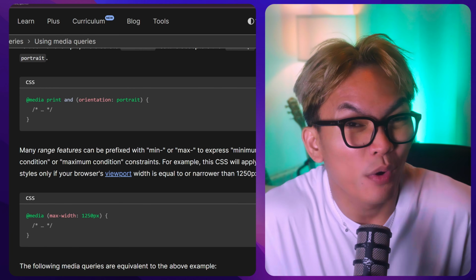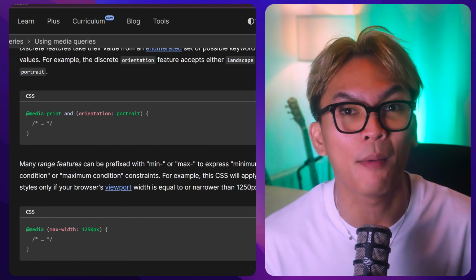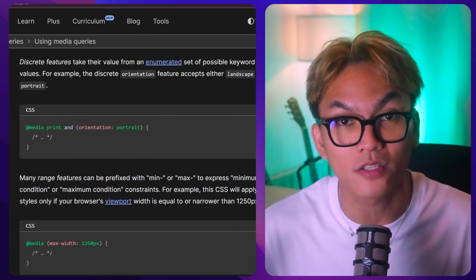Now you're probably saying this, Bernard, we already have media queries, and media queries are so much better for these kinds of use cases. Well, the thing is, media queries are only capable of checking the size of the devices or the orientations. With these new if statements though, or if function, you can actually start writing conditions based on